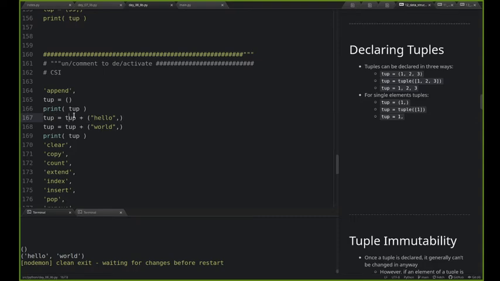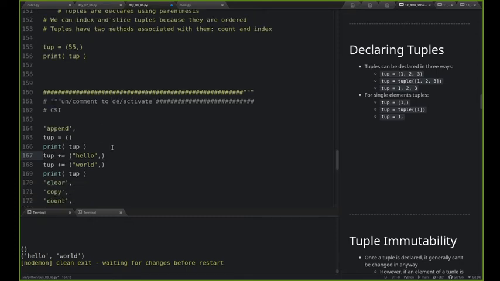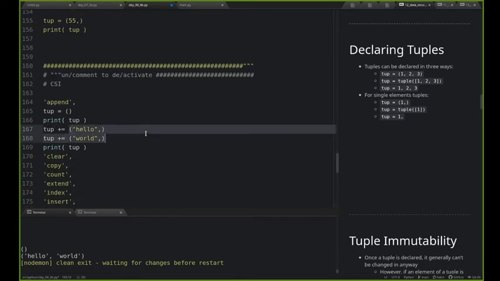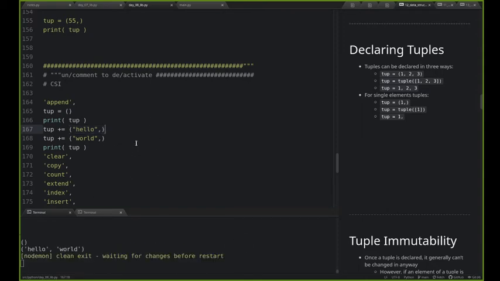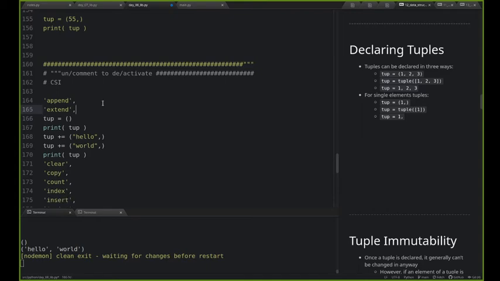Okay, just as usual here, when we have this A equals A plus something, we can do plus equals. So tup plus equals a single element tuple or tuple will give me that append behavior. This is great because this also, I'll put extend up here too. This covers extend and append because all I have to do is say, if I want to extend it with